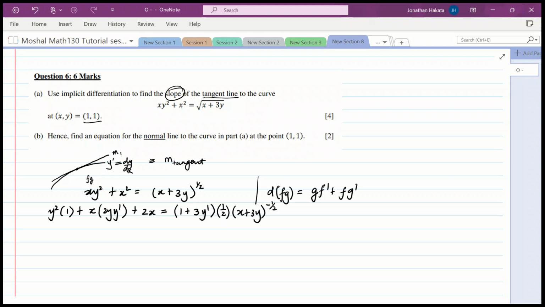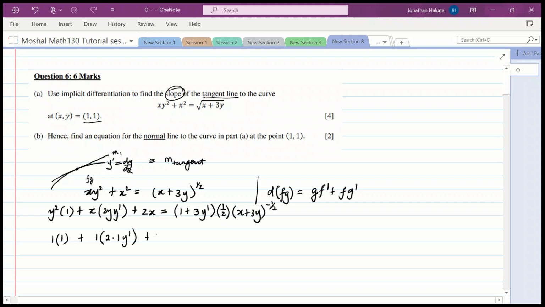Of course, we have not yet simplified it. There's no need for us to simplify it nicely. Immediately we can just substitute the given point so that we get a simplified form of this expression. So we are going to substitute 1 for x and 1 for y. So this y squared becomes 1 squared, which is 1, times 1, so I'll get 1 there, plus 1 times 2 times 1 times y prime,